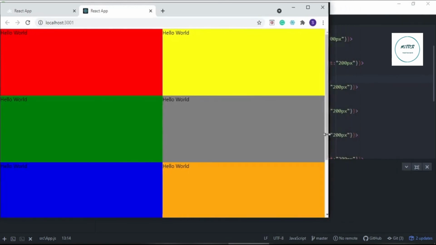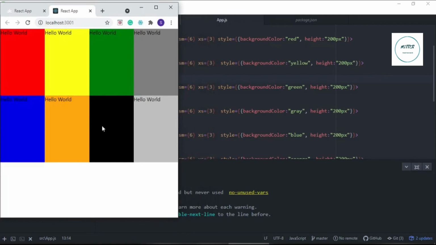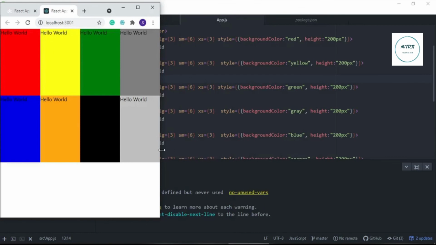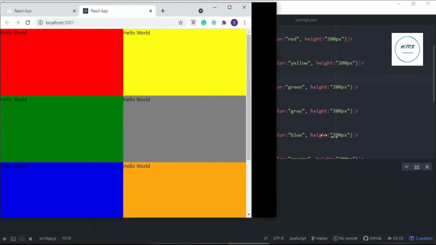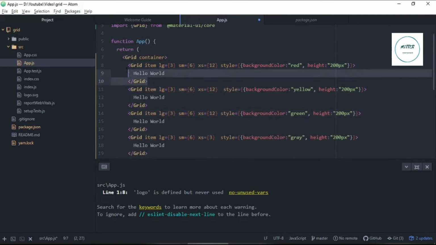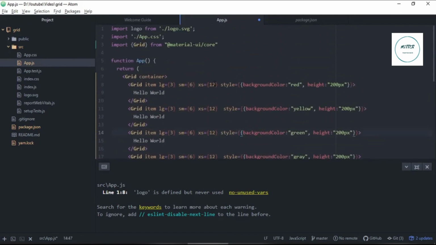Let's say I keep reducing it. When the screen size becomes extra small, it is still back to the original layout, just like on the large screen, which is not something that we want. In an extra small screen, we want to see only 1 block in one row. So we need to make changes to that as well. Let's go to extra small. I'm making it 12. By making it 12, I'm saying that on extra small screen, just show 1 element in a single row, because the total length of a screen is always 12, and I want to use the entire space for 1 element. I've made it 12 for all the elements on an extra small screen.